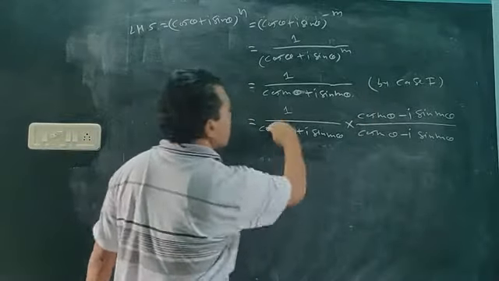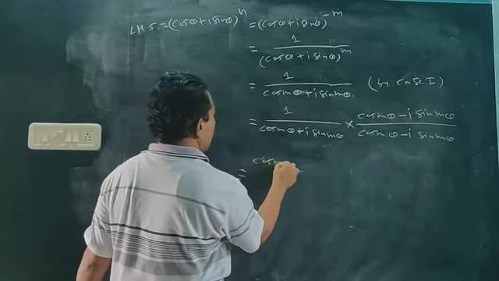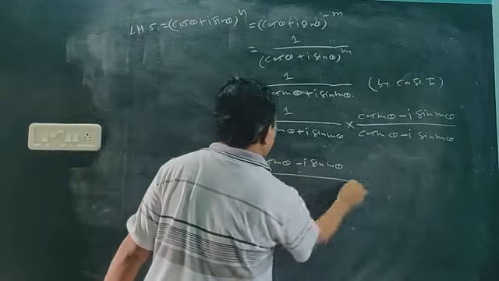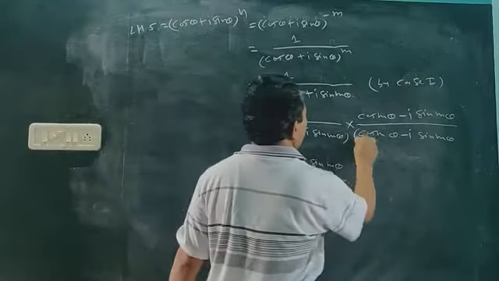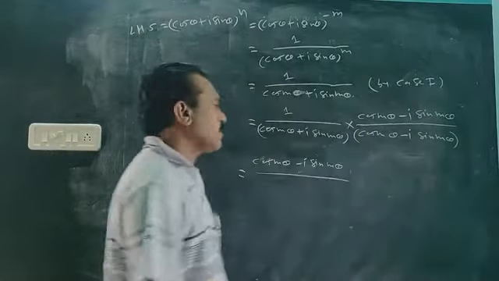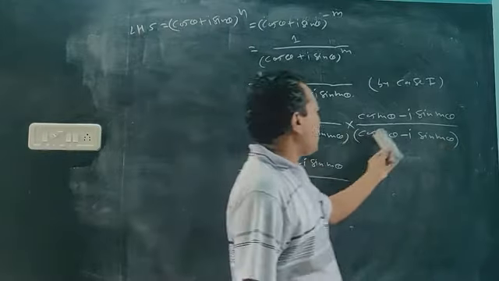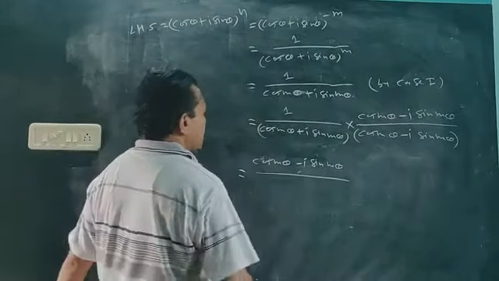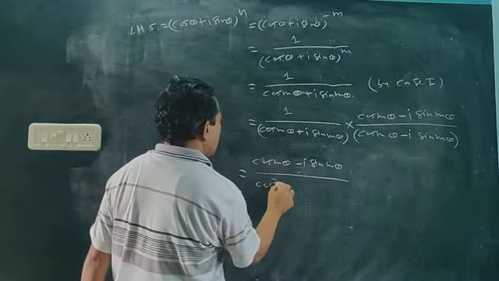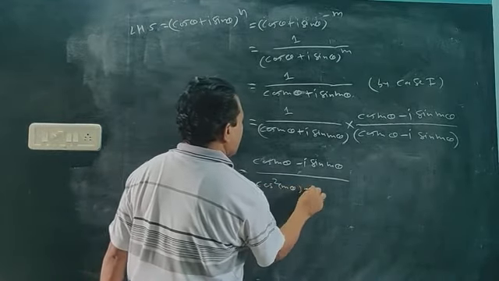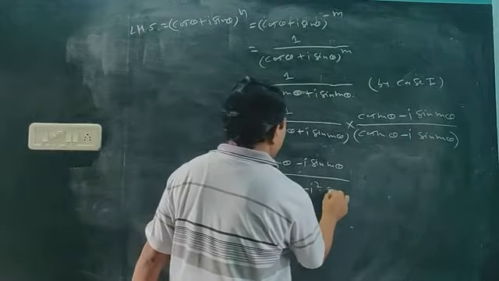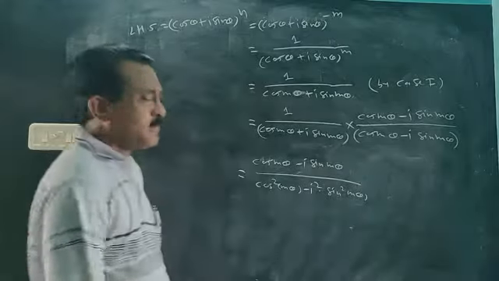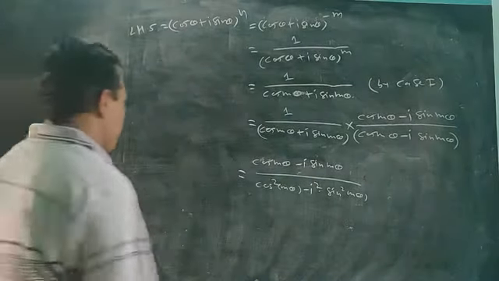So into 1 into the same cos of m theta minus I sin m theta, and now multiply, like a plus b and a minus b factor: a plus b, a minus b, a square minus b square. So cos square m theta minus I square sin square m theta. Now